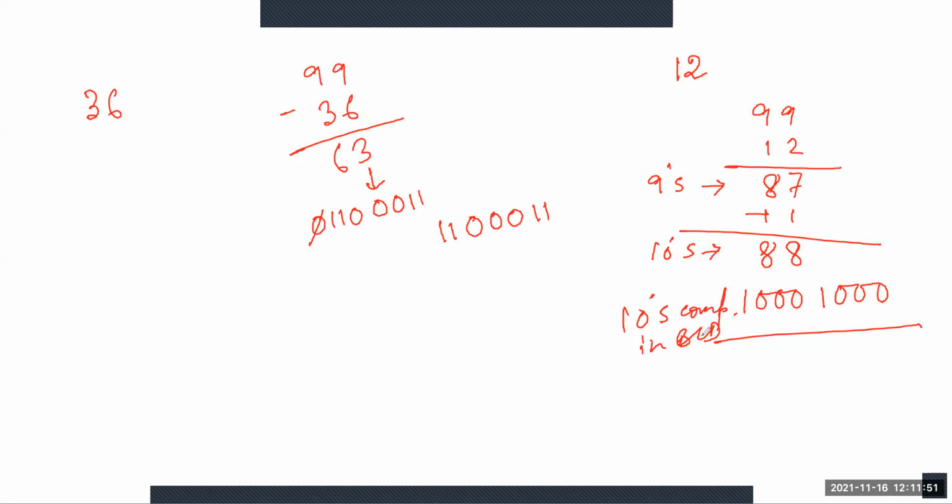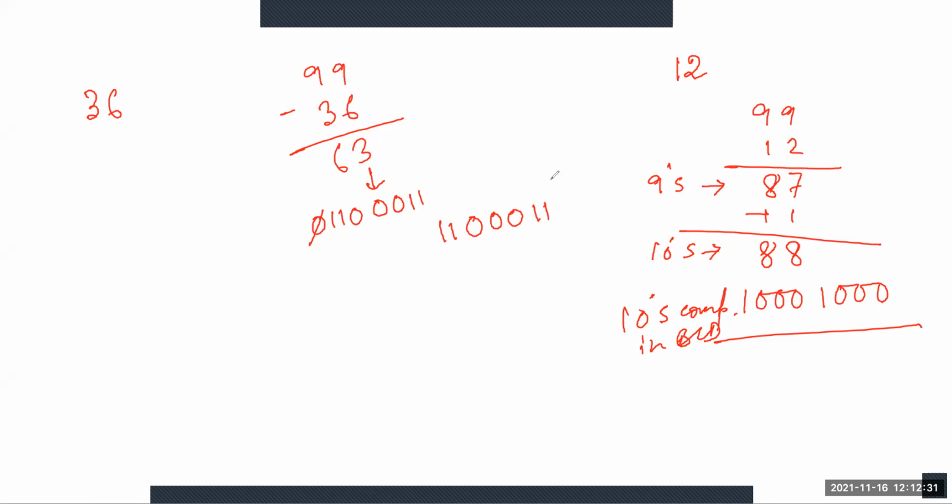Okay, so to find the nines complement, this BCD number you will treat as a decimal number. Okay, sir. So after that you just do subtraction and you will get the nines complement, and then to get the tens complement you just add 1, and here we are getting 88. In the last slide we wrote 88 in BCD form, that is 1 0 0 0 and 1 0 0 0. It is the tens complement of